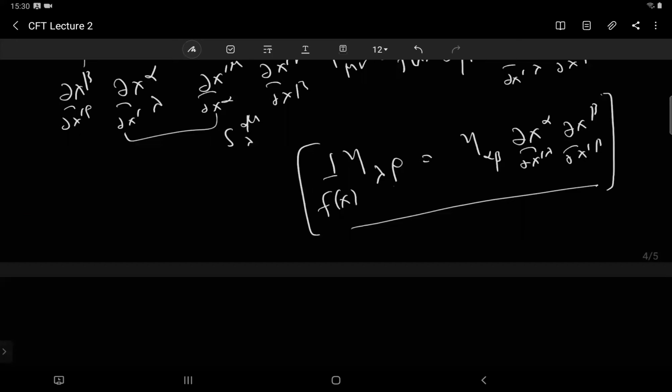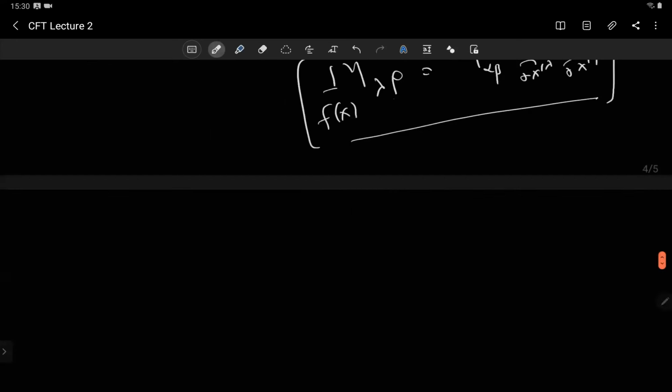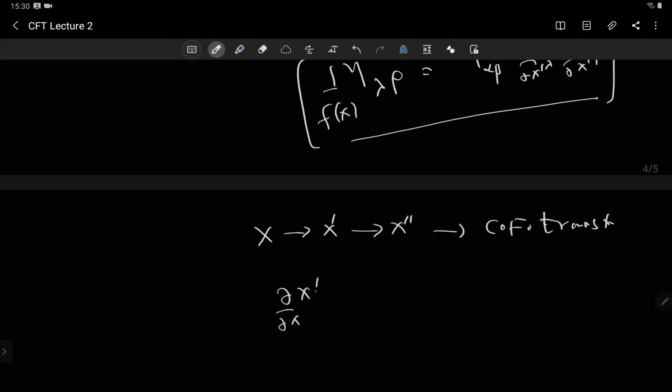Okay, so this is inverse, and then it is also clear that if you do two transformations, x to x prime and then x prime to x double prime, this is also a conformal transformation. This you can easily check. Because you just have to multiply it twice by this factor, once from x to x1, and then once more from x1 to x2. Since this is a matrix multiplication, let's do it then.